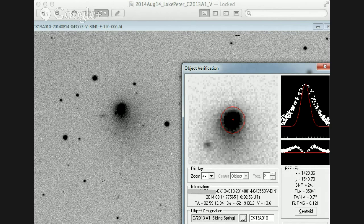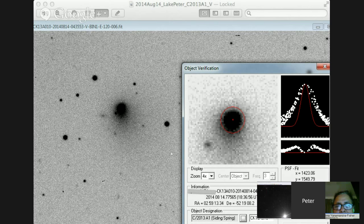But it can become quite problematic, because if the comet gets very dense and very bright, how do you then compare the brightness accurately? The point spread function starts to flatten out, and it's not really a good indication of the real brightness of the comet. So what we did in our group, and I'm going to write this up because there are a number of different approaches to best practices in this area,